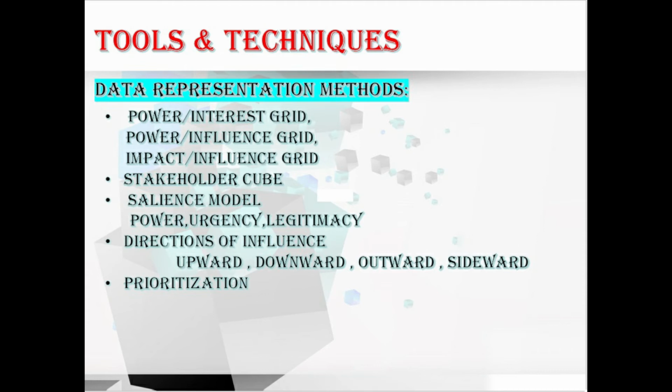Coming to downward, it mainly considers the team or specialists contributing knowledge or skills in a temporary capacity. Moving to outward, it mainly deals with stakeholder groups and their representatives outside the project team, such as suppliers, government departments, the public, and the end users. And coming to the last, sideward, it mainly considers the peers of the project manager, such as other project managers or middle managers who share their resources. Hope you understood these directions of influence also.